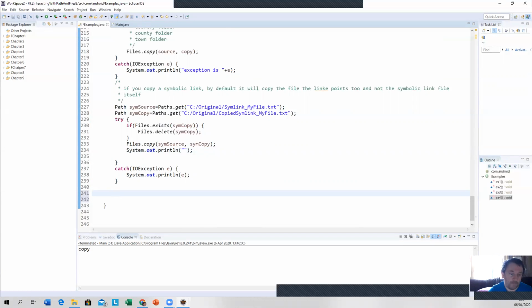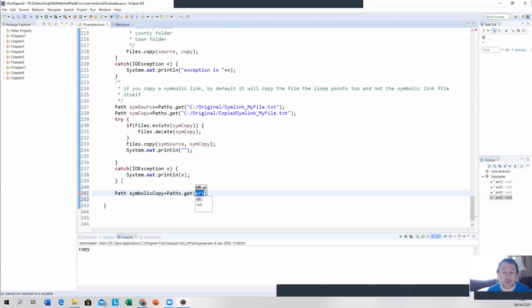You can go Files. So I'm going to create a new copied file path. I'm going to call it symbolicCopy, is equal to